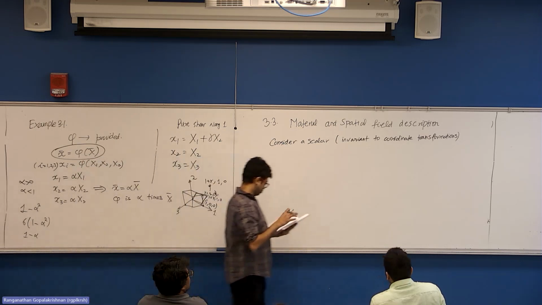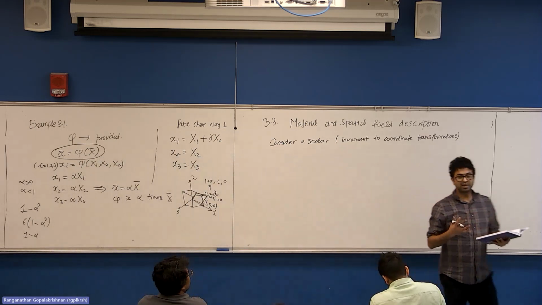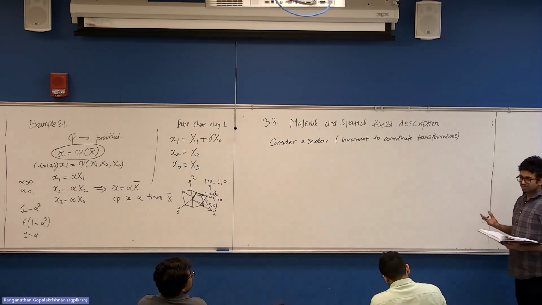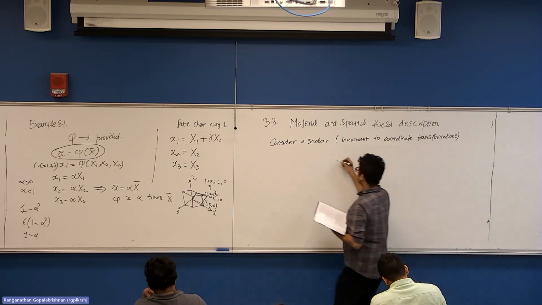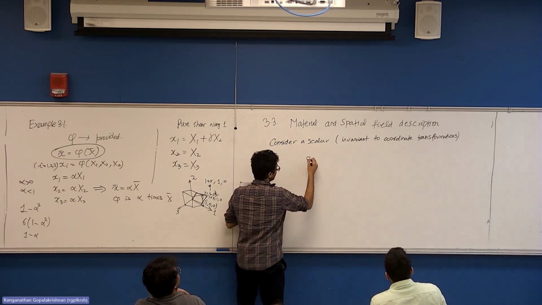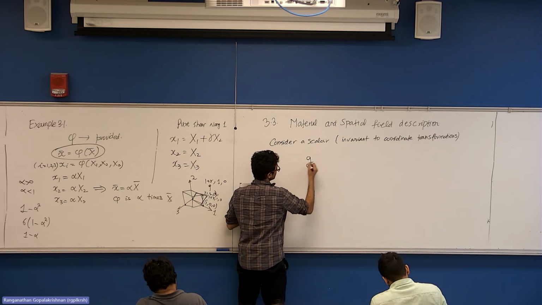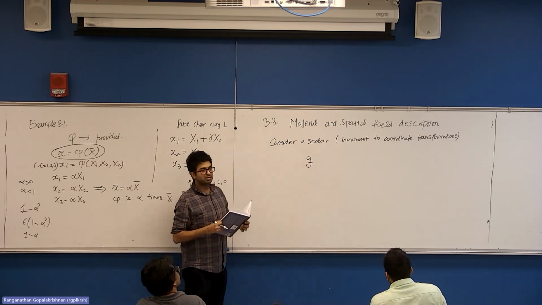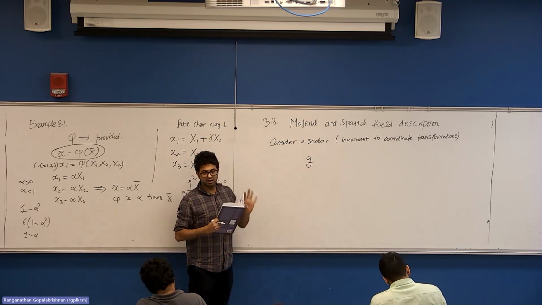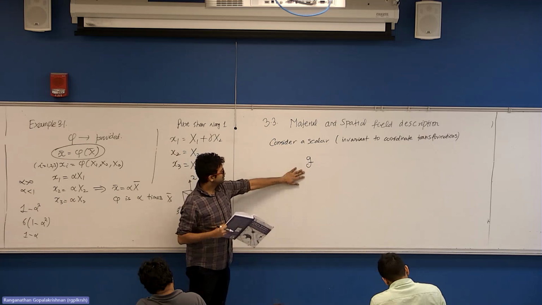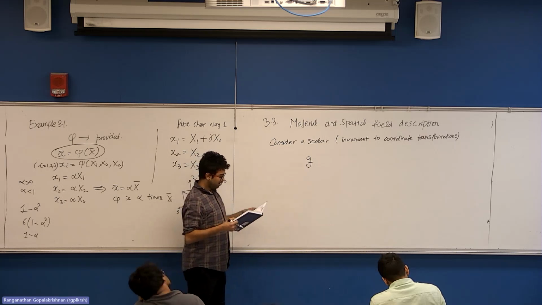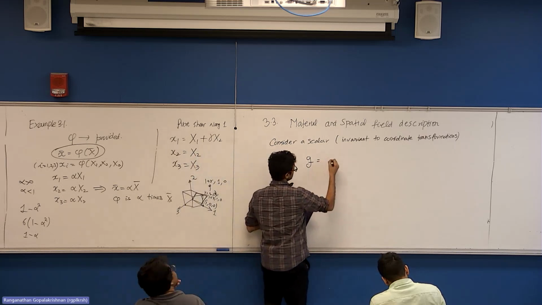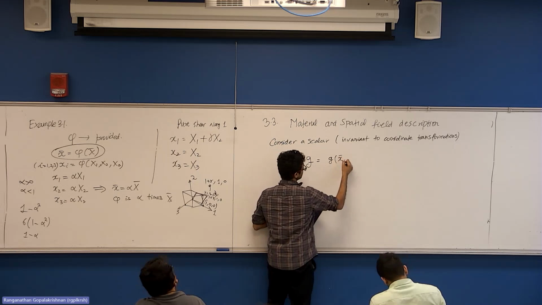So that scalar, for example temperature, the book has a funky font, and I don't know if the people who do the book understand that we can't do fonts like the book. Okay, so I'm going to write G and I'm just going to put a dash here to denote it is G, but it's a quantity, it represents a scalar quantity. This scalar quantity can be written as G of x comma t,